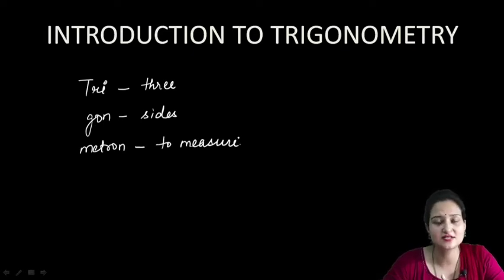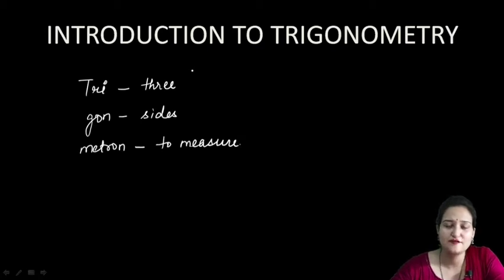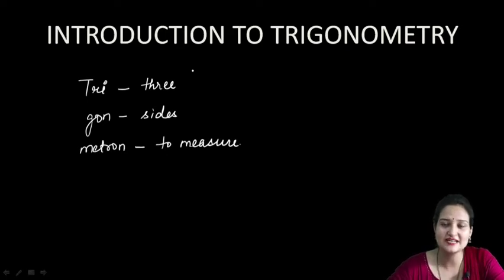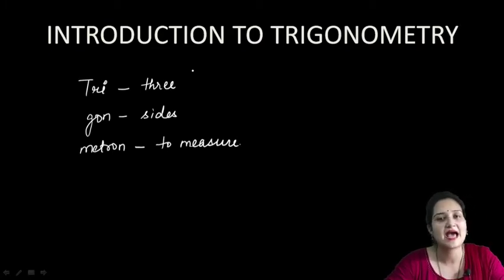And the 3 sides, obviously, a polygon which is made up of 3 sides is a triangle. But which triangle? Trigonometric ratios can be used only in right angle triangles. Alright, the triangle should be a right angled triangle. The actual definition of trigonometry is, it is a study of the relationship between the sides with its angles. That is actually a branch which is known as trigonometry. We have to study the sides with respect to their angles.